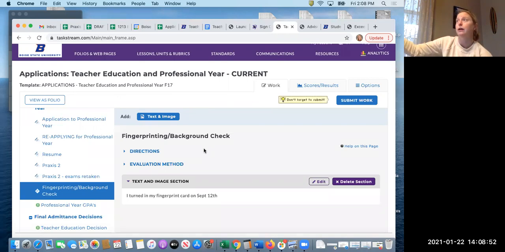go to, I think it's the police station in Meridian. I can never remember this. I say it six times a year and I can never remember, but the specific address is all in the packet. So you'll get your fingerprints done there, and then you'll turn your fingerprint card in with your little packet back to our office. Same thing, you can drop it off in person if we're there. Otherwise, there is a drop box on the outside of the door to our office, and you can just put